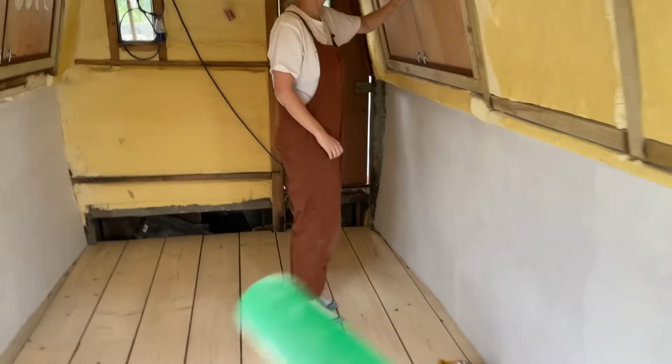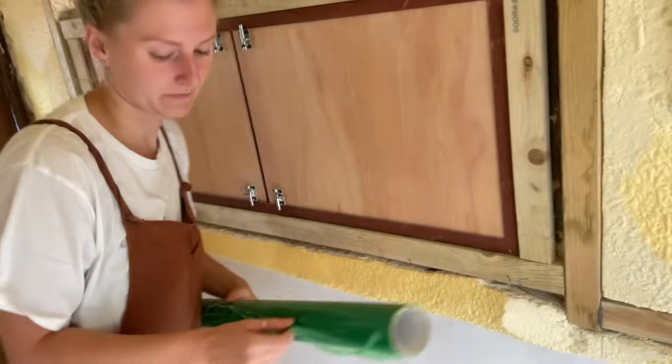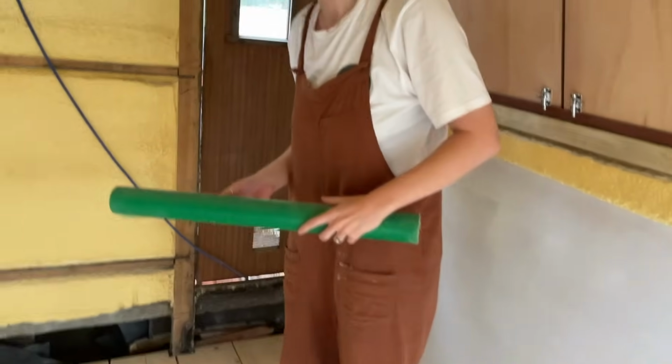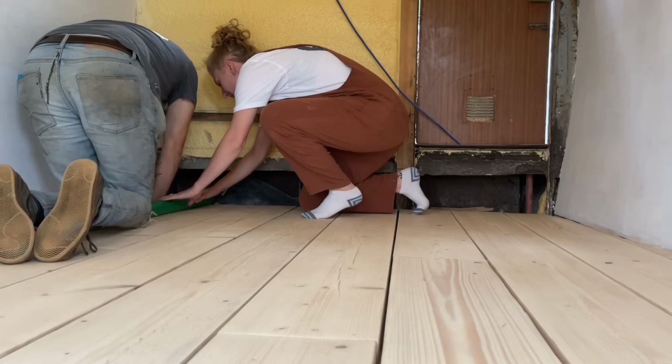I think we do by the door here first, because that's where the kitchen's going. Can I do it? It's hard, it doesn't stick that well still. Is it because it's dusty? No, it's just because it's not that shiny a surface. You're doing it the wrong side. No, this is